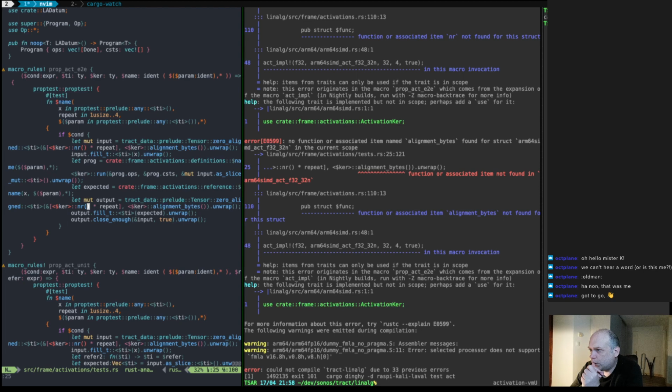No function. So it looks like it's using the function name and not